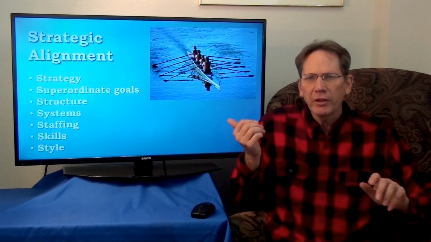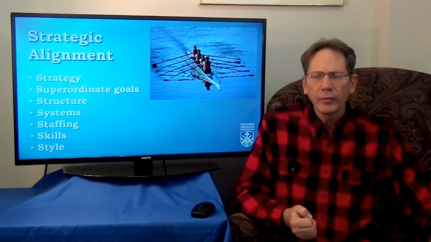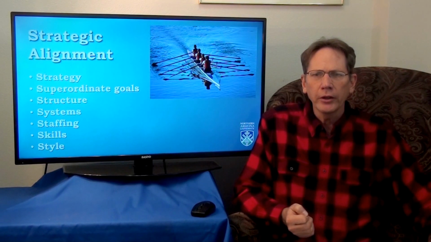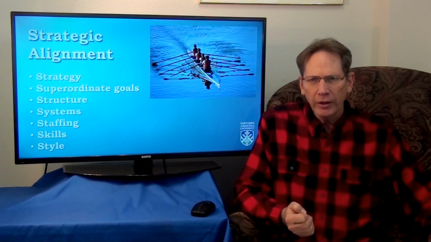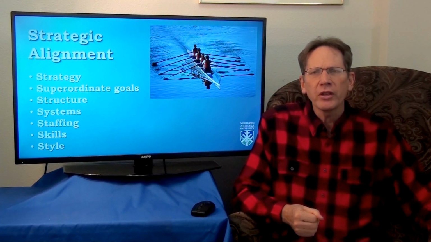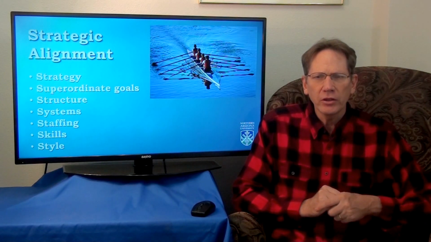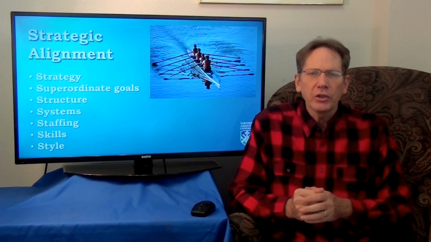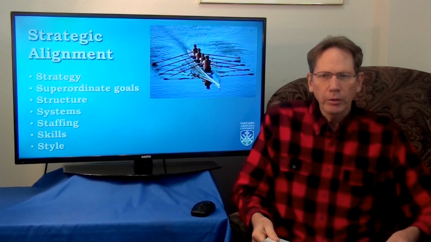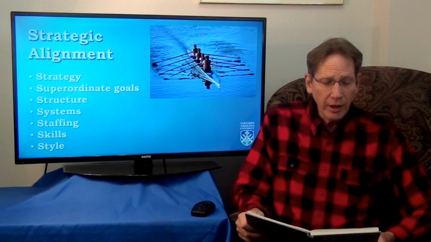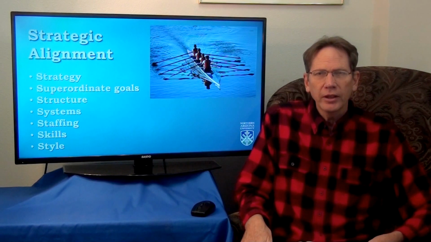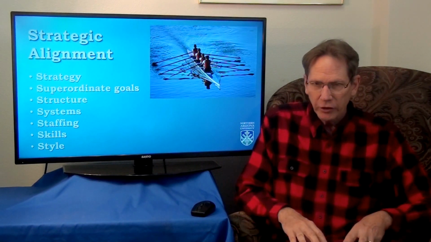So I like this metaphor of the crew, it's called, on the racing boat there, and they all have to pull their oars in exactly the same time, and of course the same direction. That's the way they succeed. There are 7 elements to this model. We'll go through quickly, and I'm just kind of looking at the book here to keep my mind sharp.